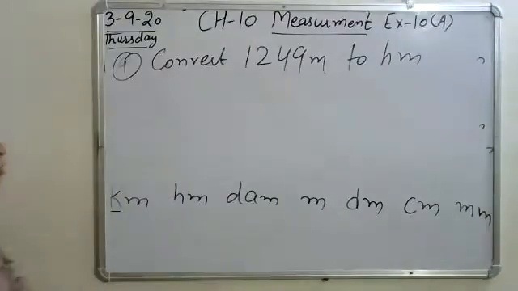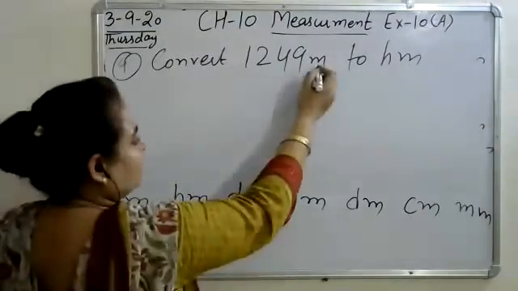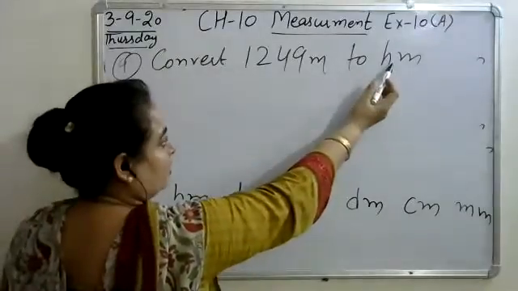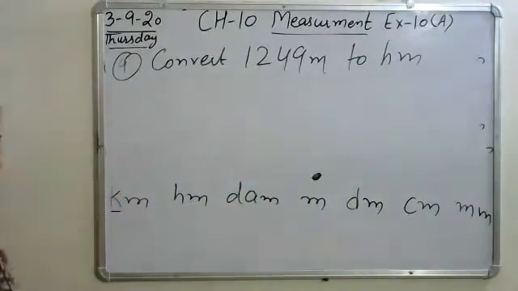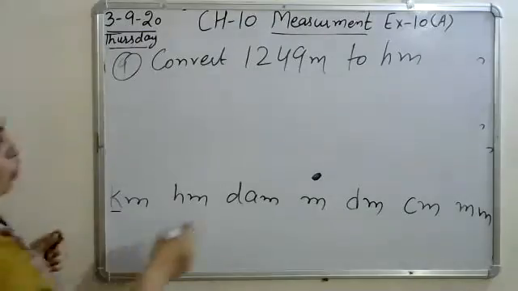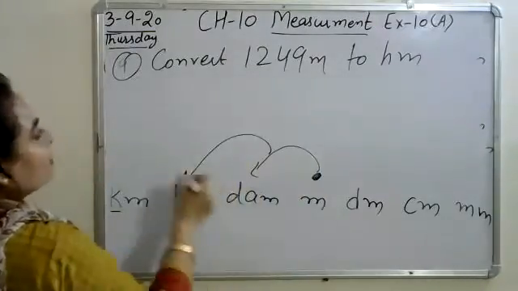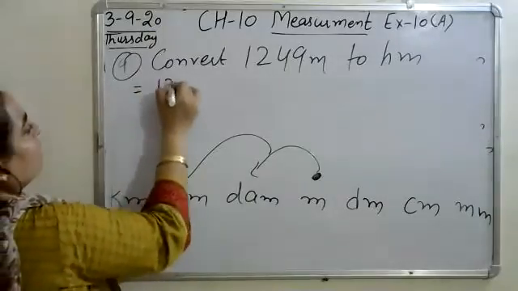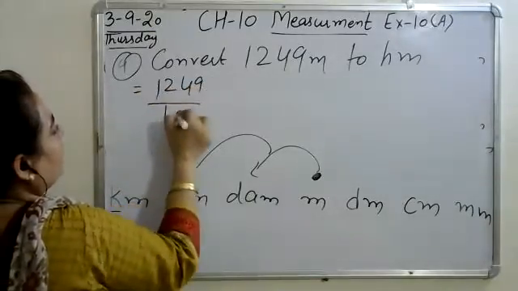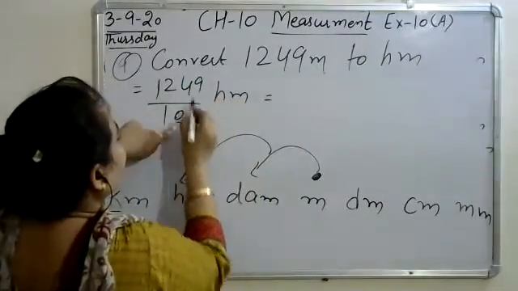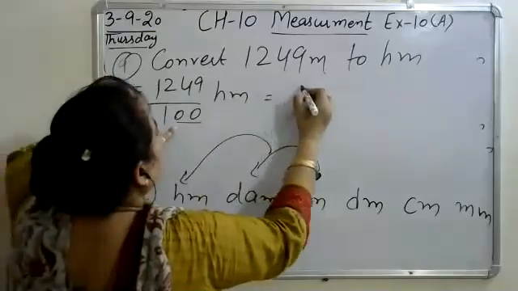That's it. Now tell me, you are here at meter and the question is to approach hectometer. Now tell me, movement in which direction? Hectometer. This is 1, this is 2, left hand side. So 1249 upon 100 hectometer is equal to, now 2 zeros means decimal after 2 digits. So 9